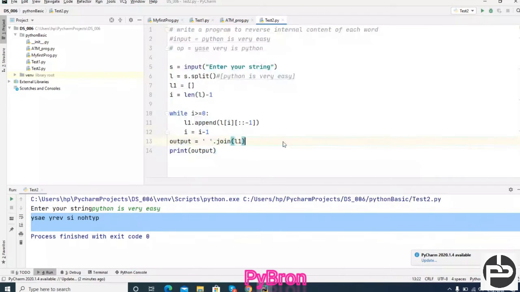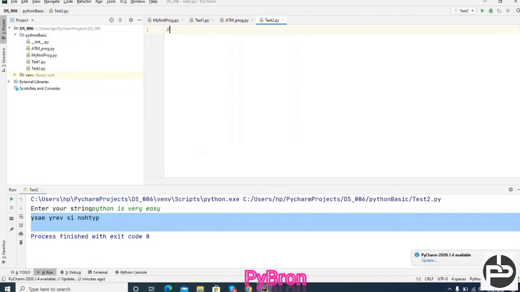Okay, next, write a program to print the character at the odd position. Means what you have to do, write a program. Are you understanding what we are doing? We are writing all those programs, whatever questions people are used to asking during the interview, right? Are you facing any challenges over here? Are you able to correlate all those things? Yes, I'm understanding. Yes, I'm able to correlate also.